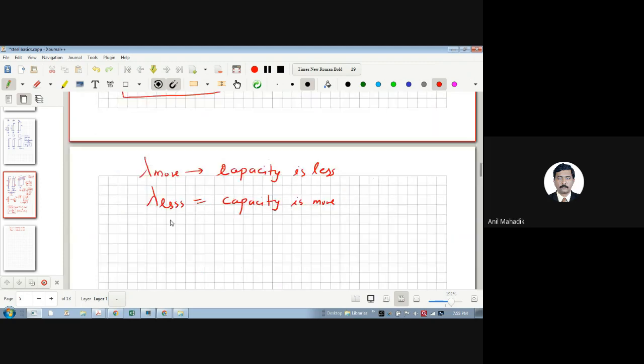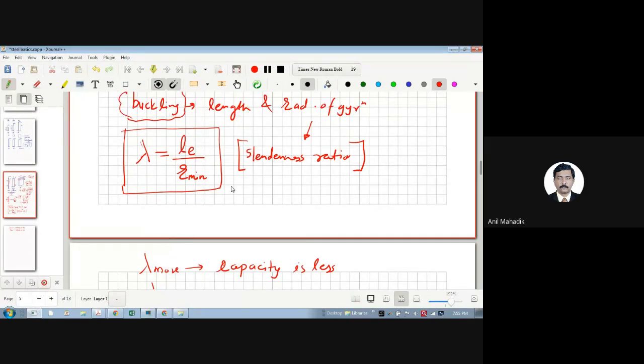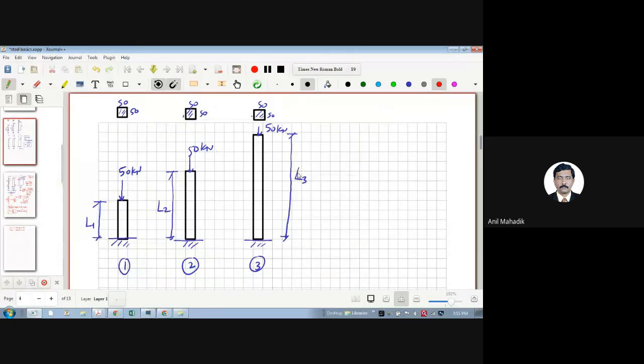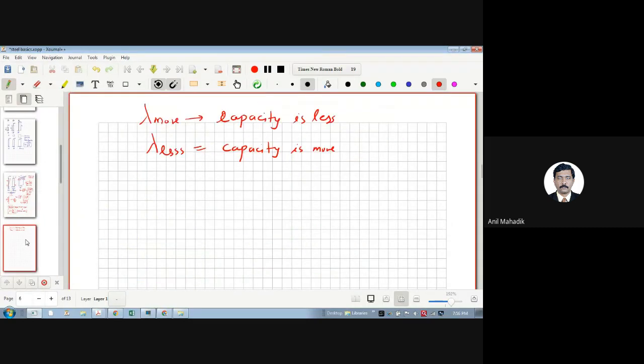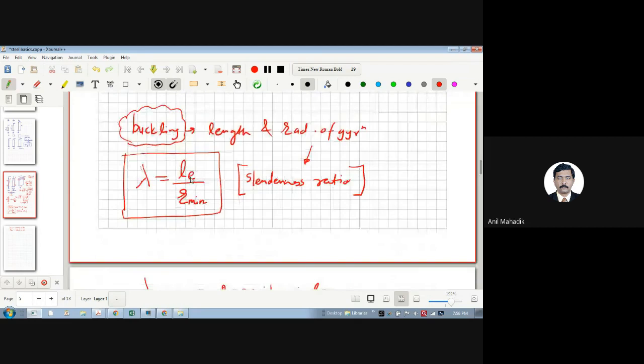Now, if lambda is more, meaning the slenderness ratio is more, then the capacity is less, right? You understand this? Yes, sir. So lambda is more, or in other words, if the length is more, then the capacity is less. We have already seen that here. See, this length is more, so capacity will be less, which we can understand through this lambda equation. So if L is more, lambda will be more,